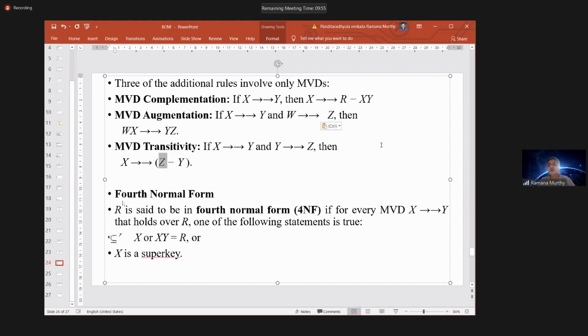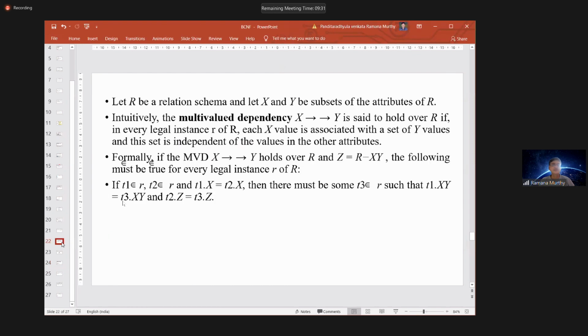X value, Y value, other values. Okay, in the other attributes, it should not contain any Y attributes. That is the reason we eliminated. If from a Z attribute any Y columns are there, we are removing that particular thing. Then we are saying X multi-value derives Z also, like the previous tables.